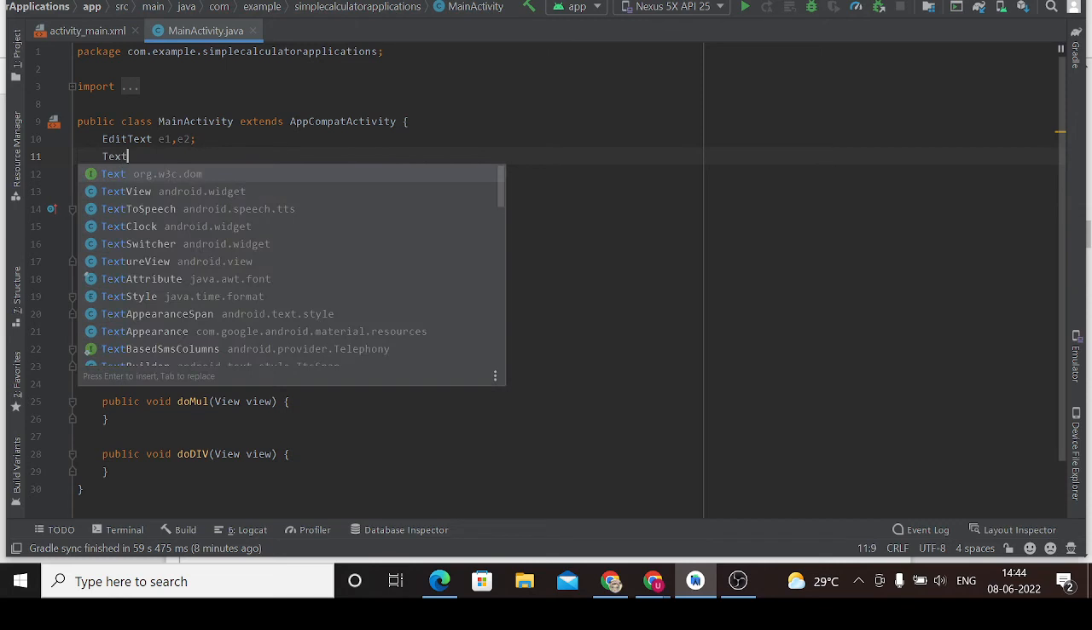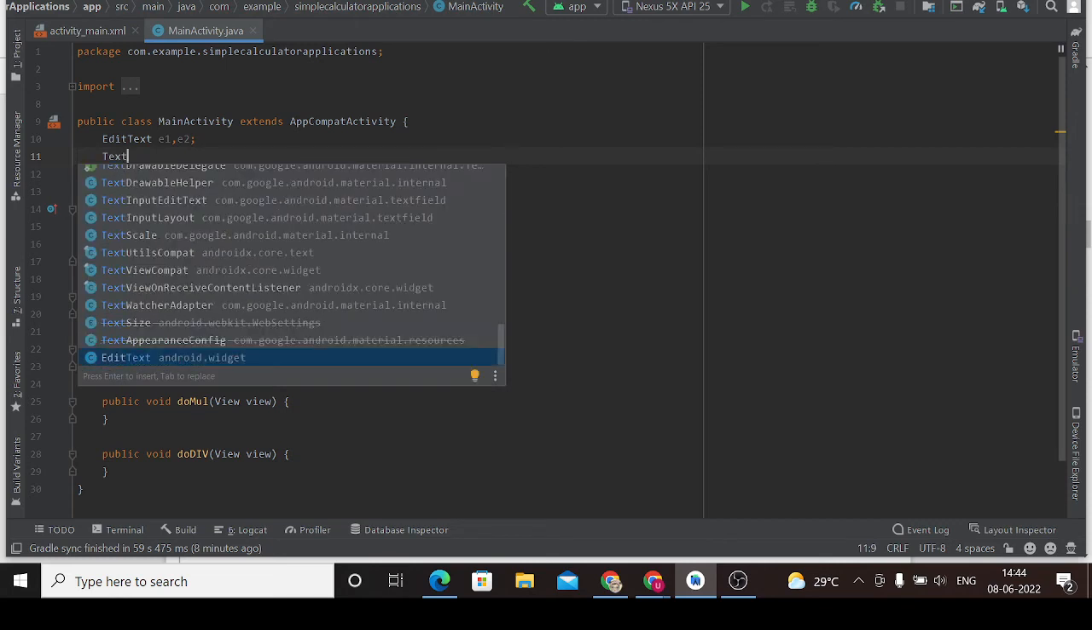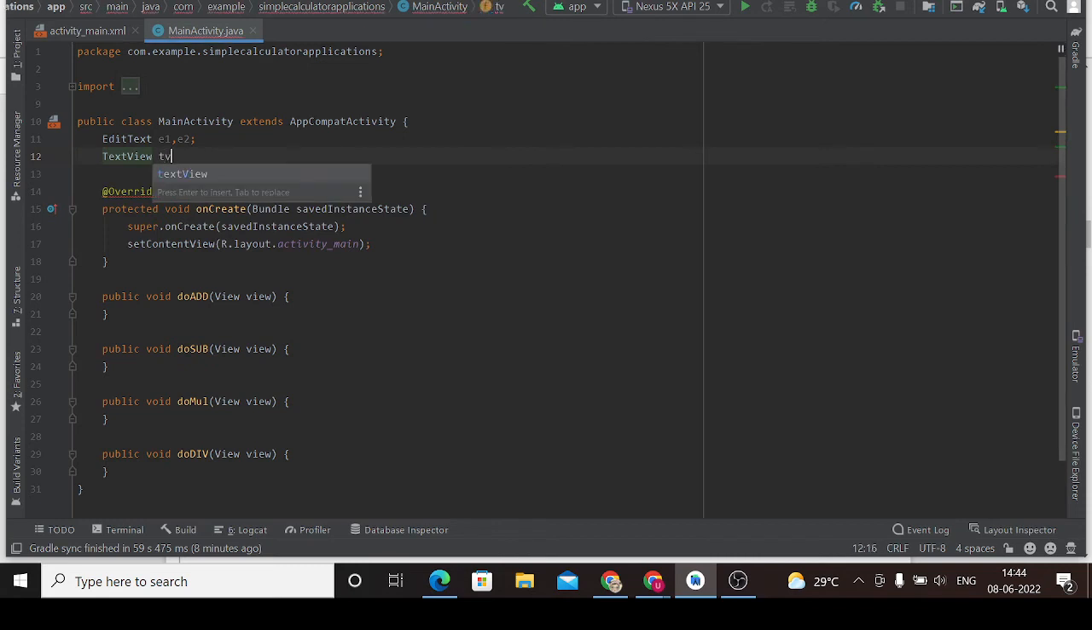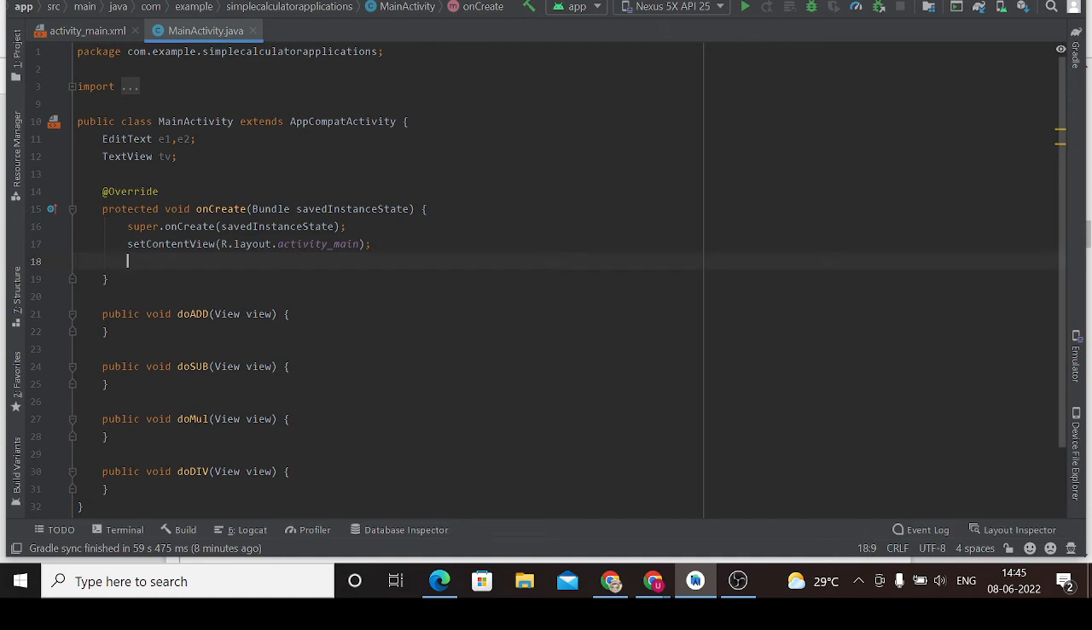After that, text view is there. In the sense text view, here I'll give tv. So this part is done. Again I'll come back. I'll not change anything. Here I'm going to initialize the variable e1 equals to